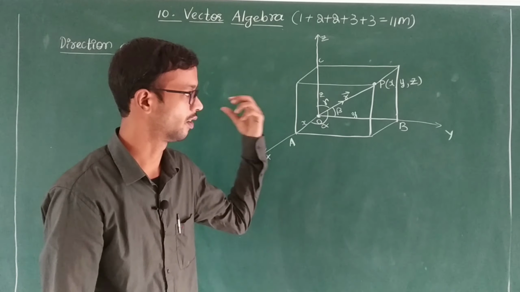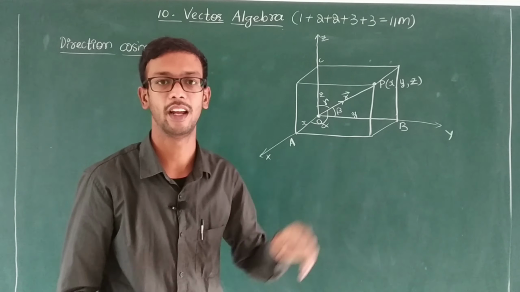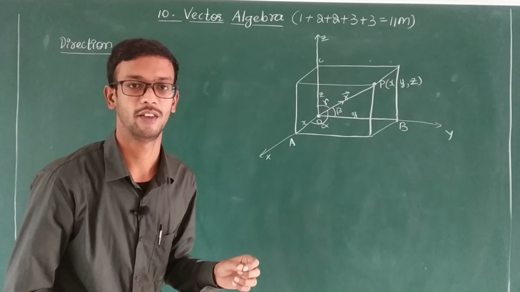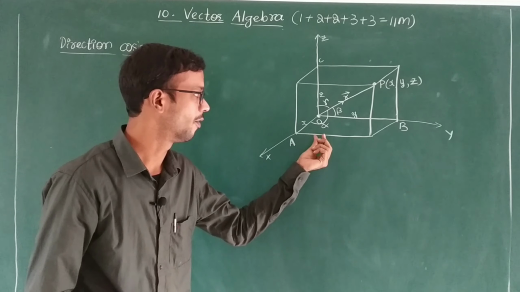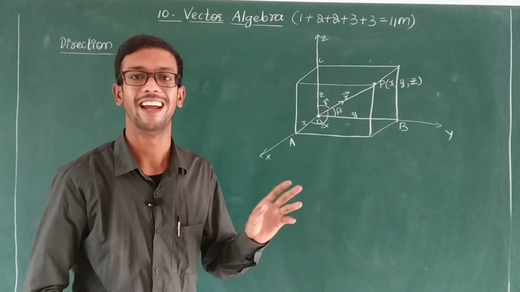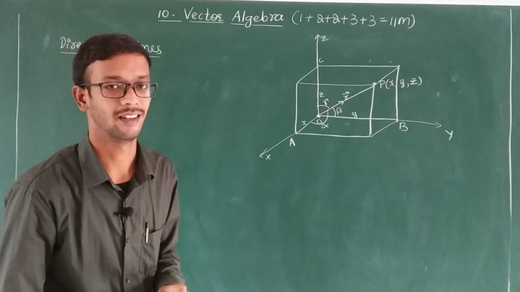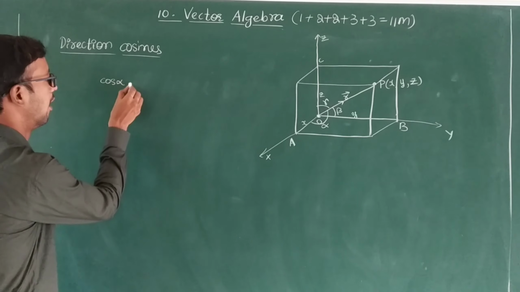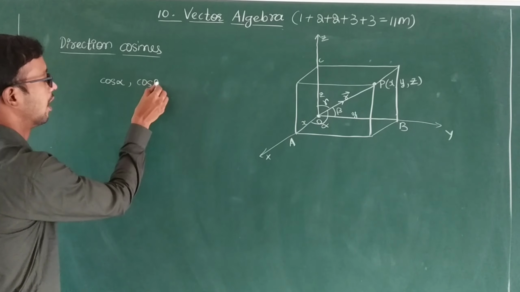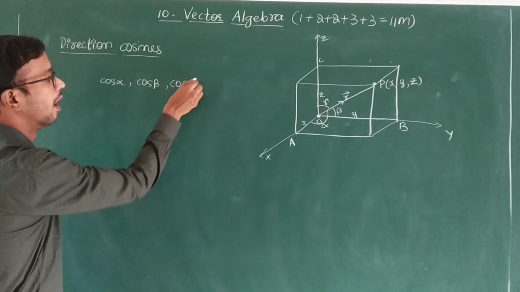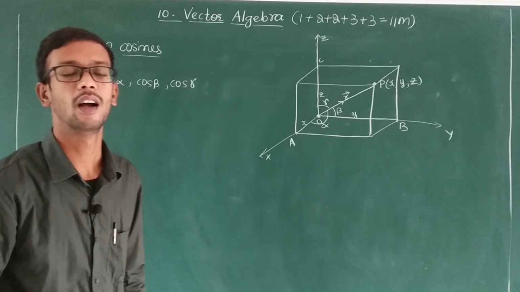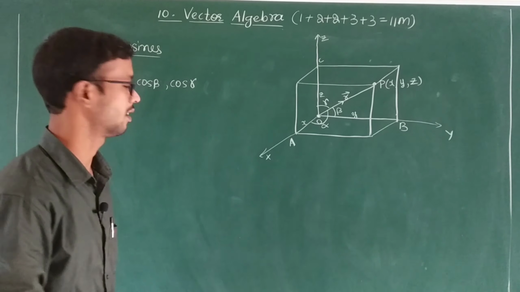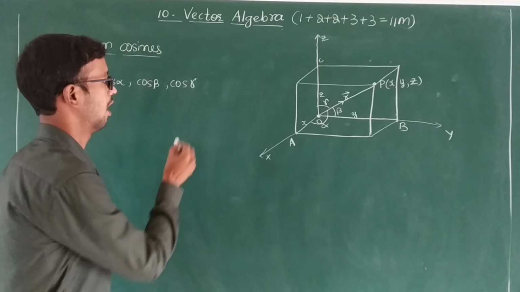OP bar is a position vector which makes angles with the x-axis, y-axis and z-axis. Here OP bar makes the angle alpha with the x-axis, beta with the y-axis, and gamma with the z-axis. Then cos alpha, cos beta, cos gamma